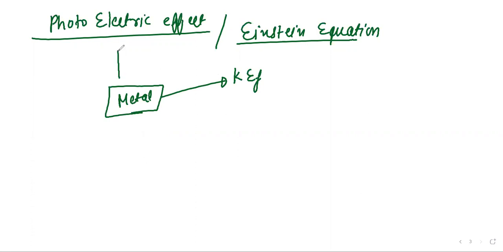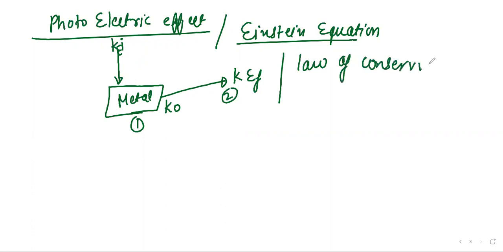Here is the kinetic energy initial, and this is your work function K naught. So this energy is divided into two parts. When we use the law of conservation of energy,